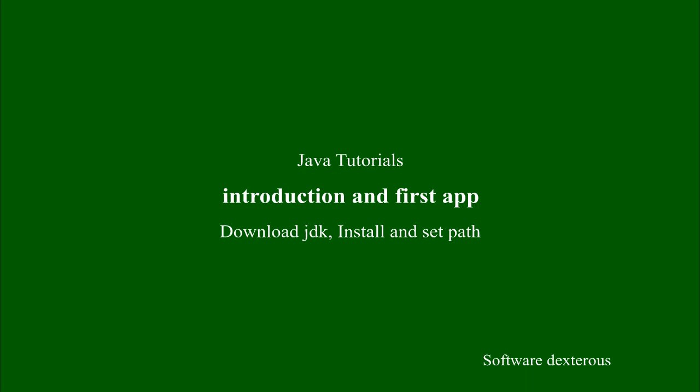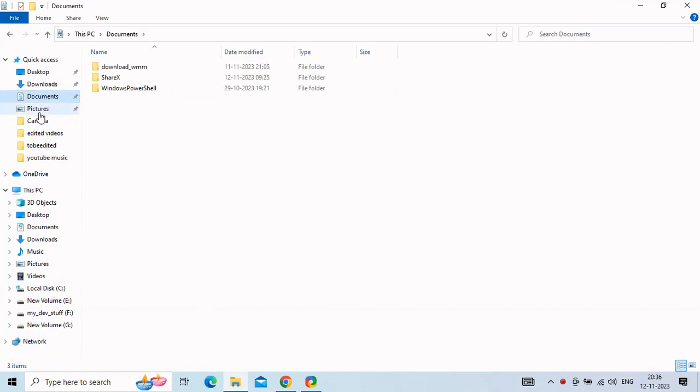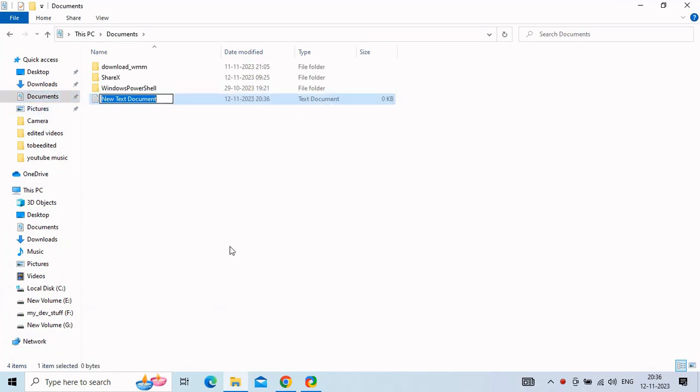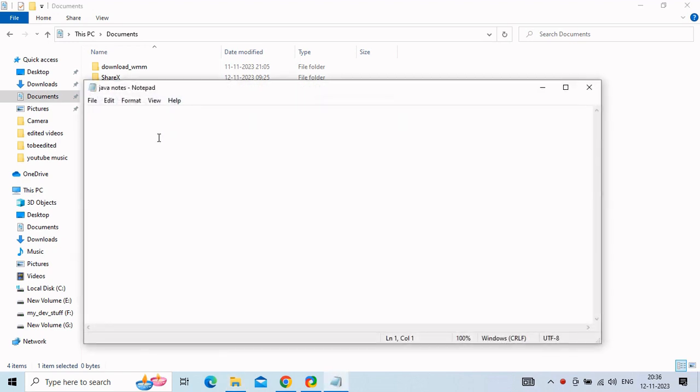So today we'll have a Java tutorial, that is introduction and first application, how to download JDK and install and how to set up the path. As of now I have JDK 21 already downloaded, but still let me explain to you where we have to download the Java JDK kit from and how to install it and how to set up